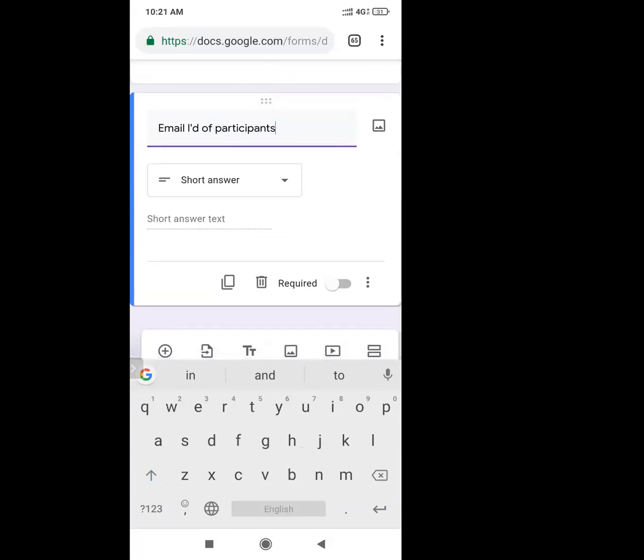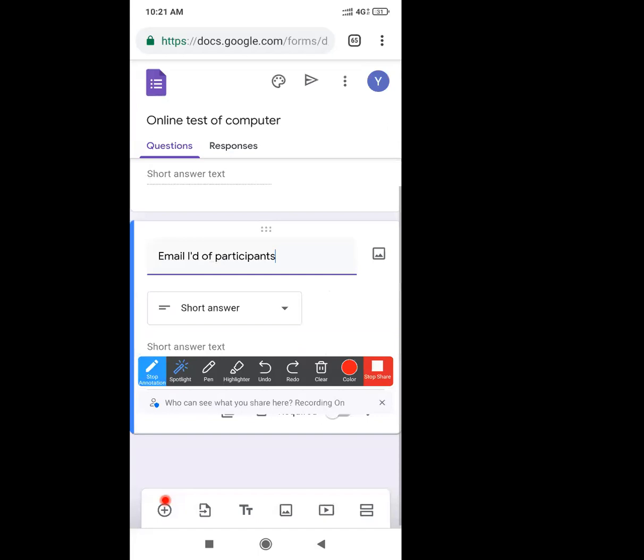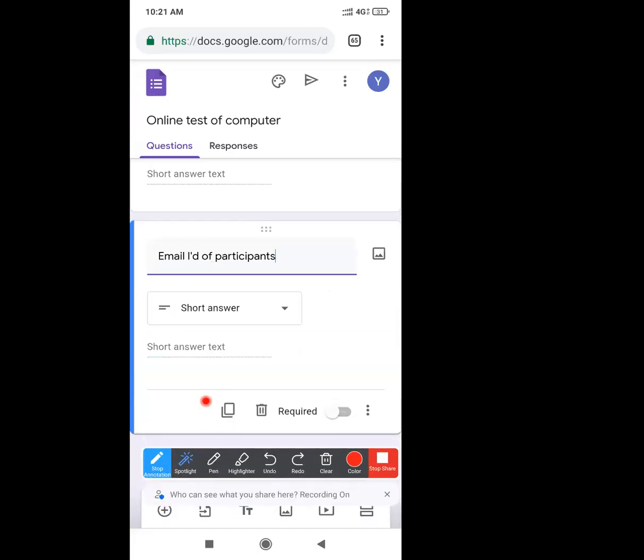And if you want to copy the same question, then you will click on this button. This is the copy button. From this you can copy the same question, and a third question will appear as the email ID of the participant. And if you want to delete this question, you will delete it from this button.